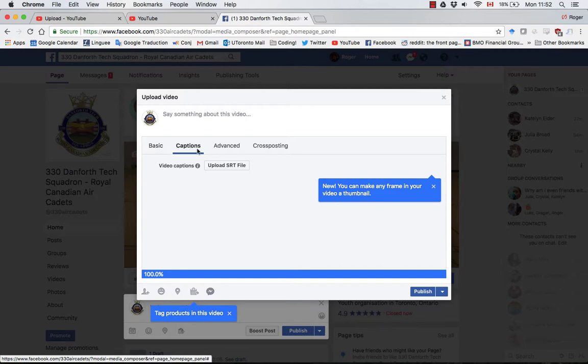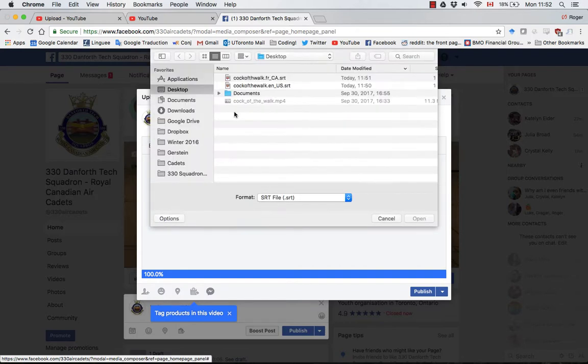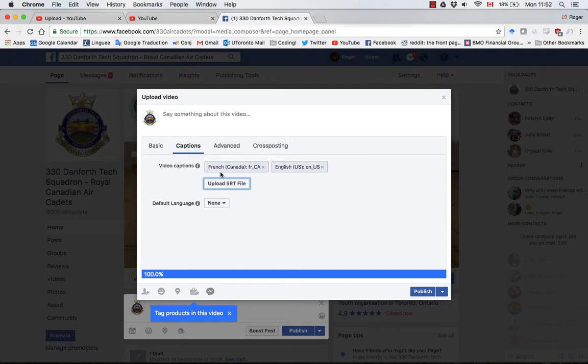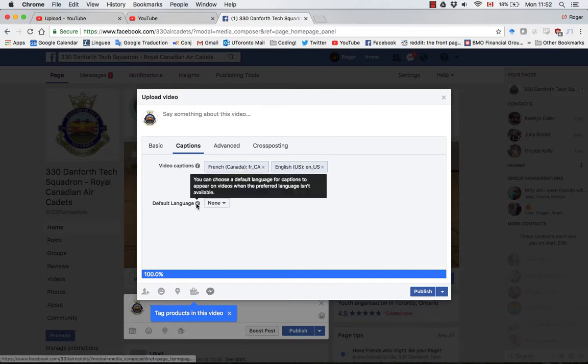And then we're just going to hit captions over here. So upload SRT files. We're going to select them. And as you can see, since we named it in the proper format, Facebook automatically recognizes our SRT files. So a default language,